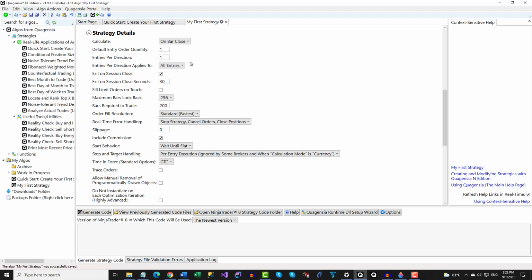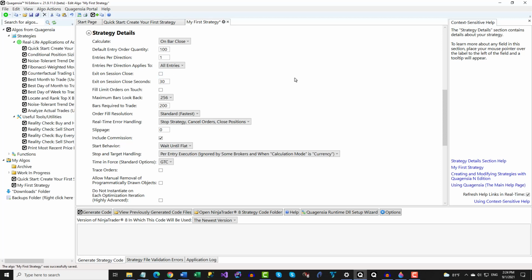Now, change the following properties. First, check to make sure that the Calculate fields drop-down list is set to On-Bar Close, because we only want to execute our trading logic when price bars close, not on each tick or on any other type of bar event. Next, change the default entry order quantity to 100, since we will be using this strategy on equities for now. Next, uncheck the Exit on Session Close checkbox, since we will be making a strategy that uses daily price bars and holds positions overnight.